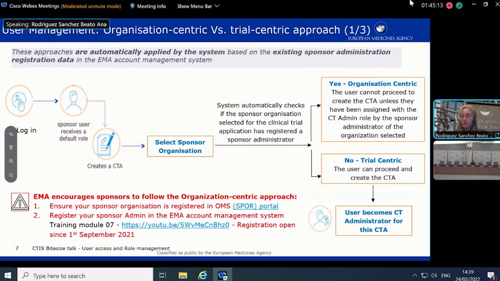And this is why, as you can see, the organization-centric approach is obviously the better one, and this is the one that we always encourage.